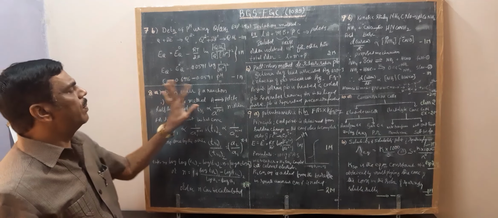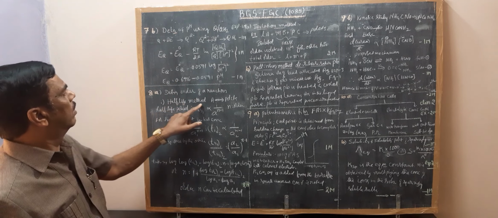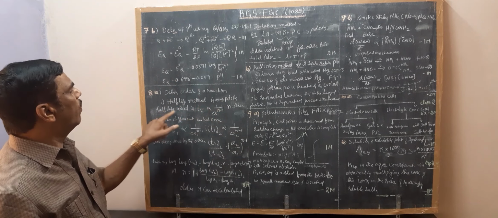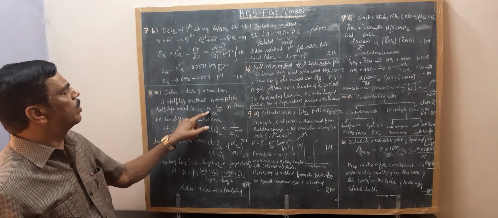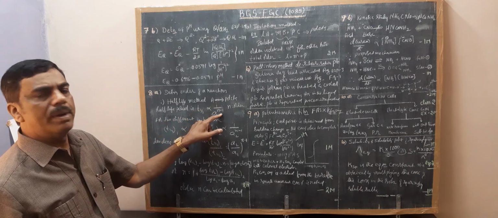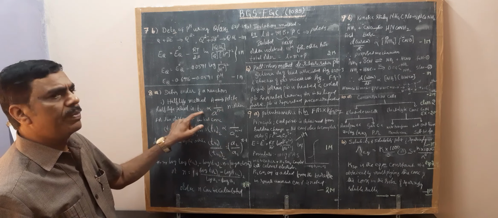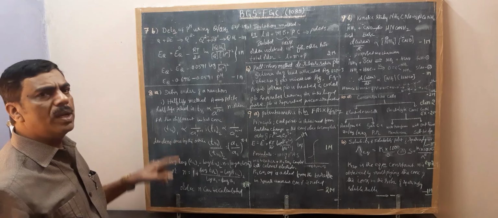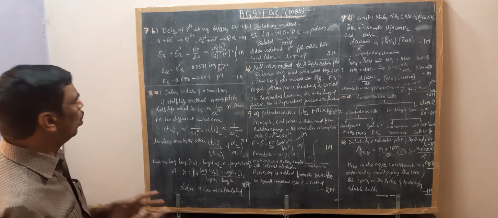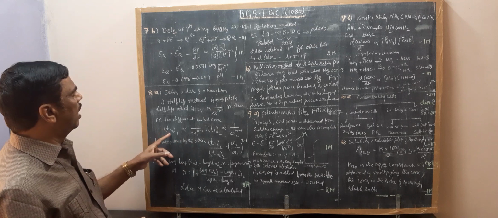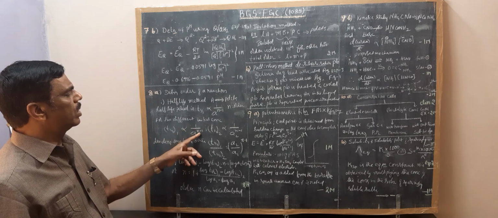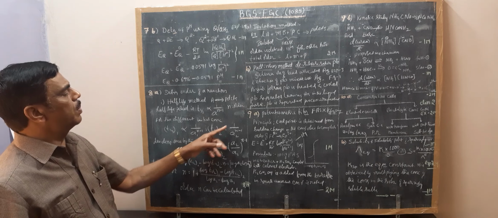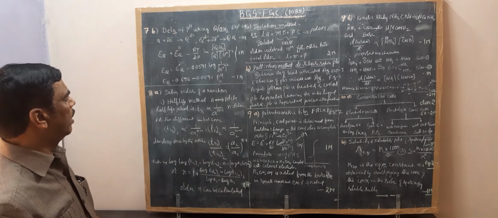In the half-life method, we know that for a reaction A giving rise to product, the half-life period rate expression is t_half proportional to 1 over [A] to the power n minus 1, where n is the order. We know this expression. Therefore, for two different initial concentrations, we have two half-lives. t_half1 is proportional to 1 over [A1] to the power n minus 1. For the second concentration, t_half2 is proportional to 1 over [A2] to the power n minus 1.